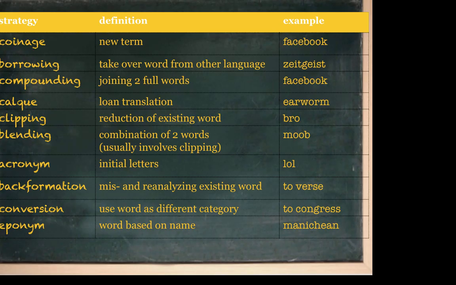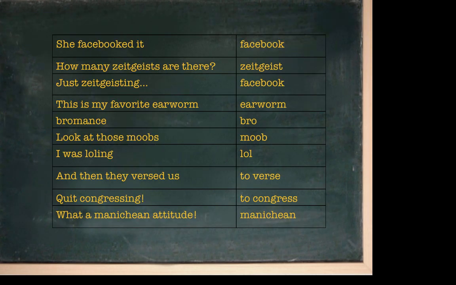So now we have identified a number of different strategies to add new words. They're all ways of coining. Some are based on existing words, some are borrowed, some are clipped, blended, backformed, converted, etc. It doesn't matter whether these words become official or not. Once we create a new word, we can use it like any other word. We can be creative with them, make plural, use them as words, build whole new words based on them.